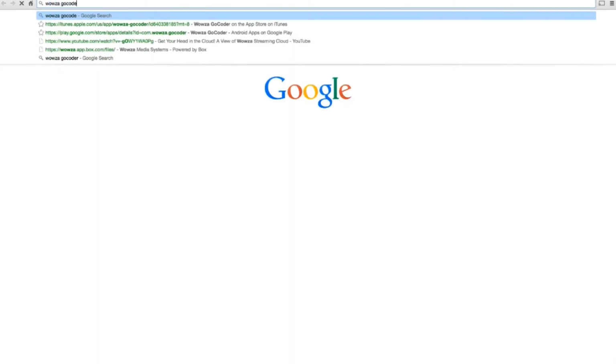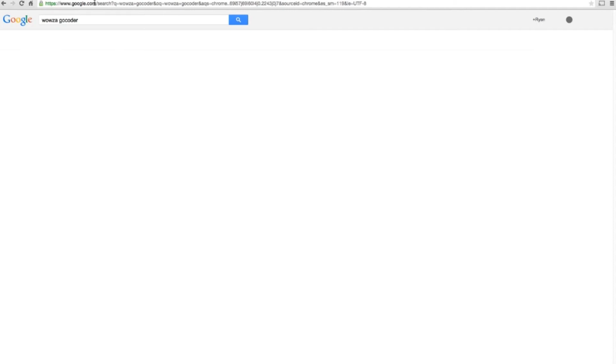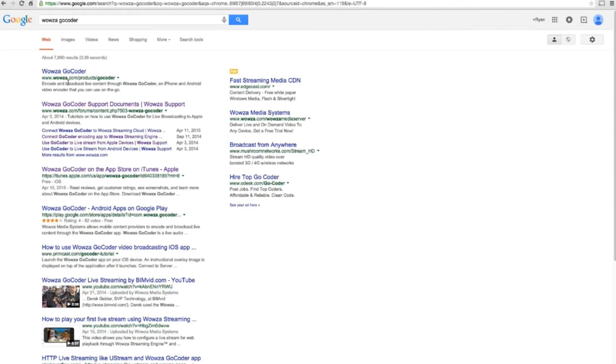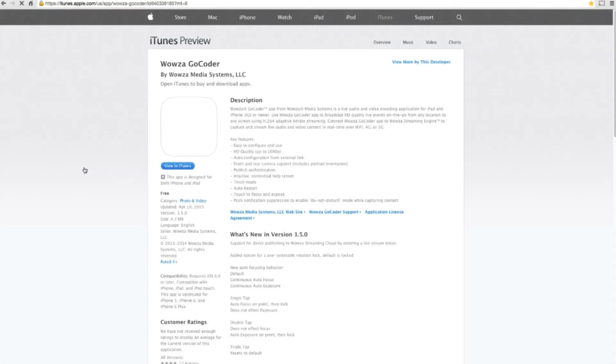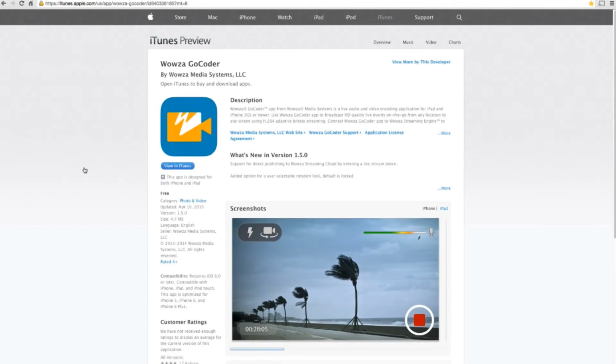Now, Wowza GoCoder, if you just type that into Google, I can actually pull this up in either iTunes or the Android store. Now, GoCoder is a free app for both iOS and Android that allows you to use the video and audio capture features of your mobile device and be able to capture that live stream and configure it to live stream to Wowza Streaming Engine or to Wowza Streaming Cloud. So what I've done is I've actually come in here and already configured my app to be able to do this on my